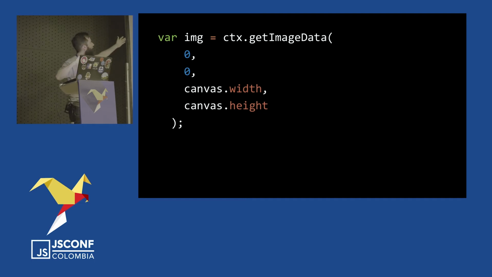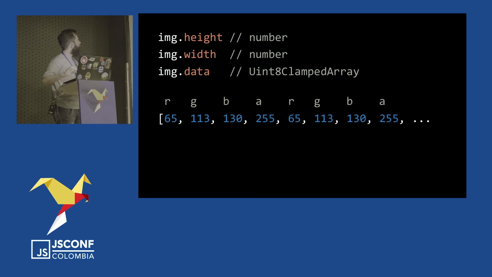With the simple method, getImageData, you say where you want the data; you can pick another square on the image or the whole image as I'm doing. And you will have an object with height, width, and data, which is a typed array with the RGBA information: red, green, blue, and alpha.